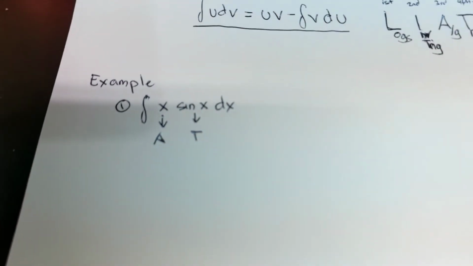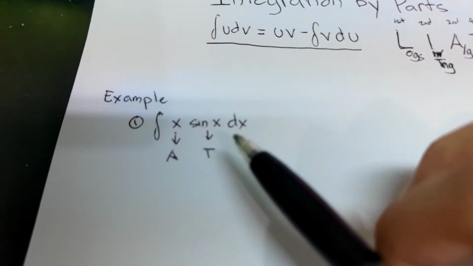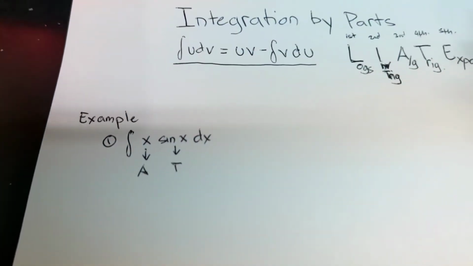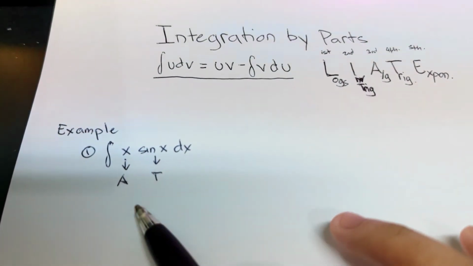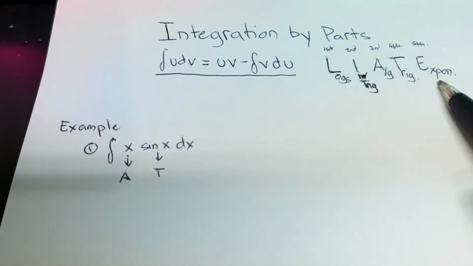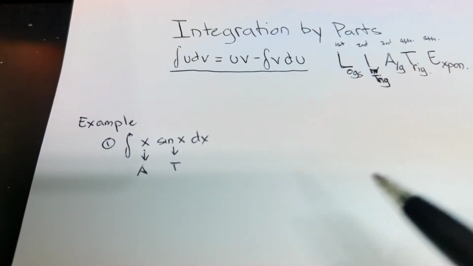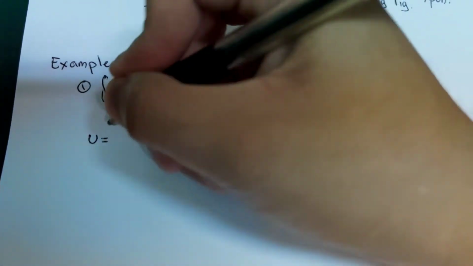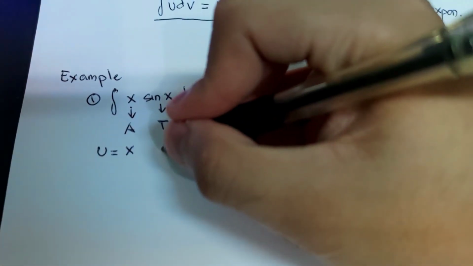So we can use LIATE to choose which function will represent letter u. In LIATE, the first one that comes is letter A, the algebraic, before the trigonometric. So we can represent our u as equal to x, and